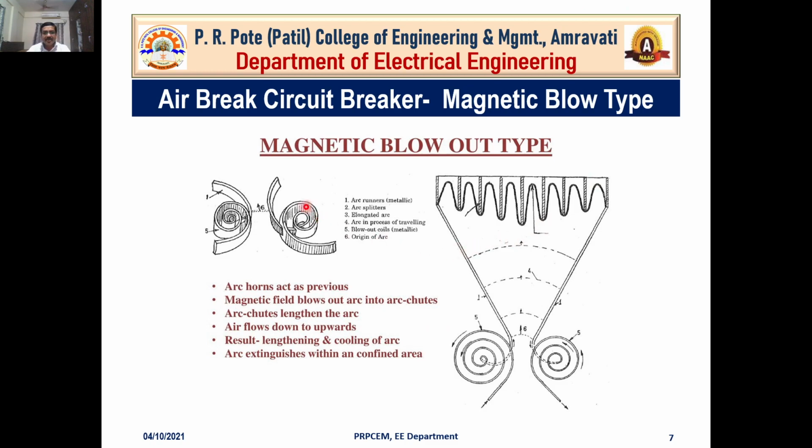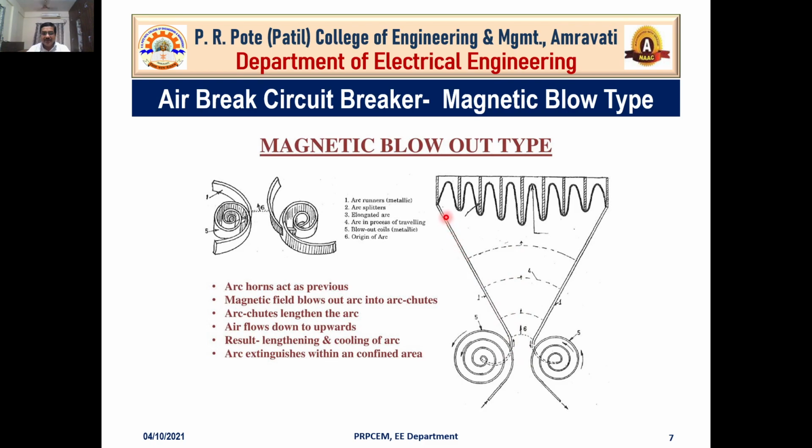So this is the arrangement of the magnetic blow type air break circuit breaker we have. This is the arc, this is the horn gap we have. Okay, this arrangement we can also observe in the plain type air break circuit breaker. This is also called the arcing horn, and these are the magnetic blow coils. Initially the arc is here, and with the help of this magnetic blow and current convection, the arc will flow in the upward direction.